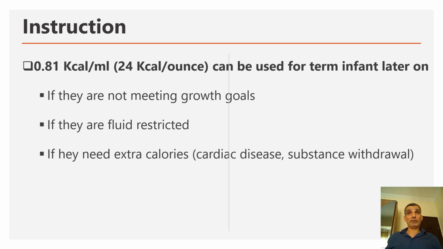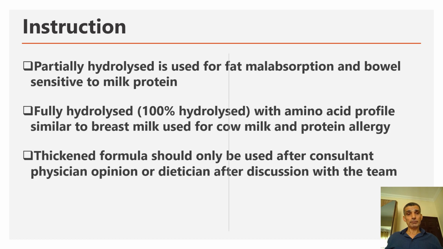Or for babies who have increased metabolic demand, like in cardiac disease, or a baby who is withdrawing from a substance that the mom was taking, whether it's a legal or illegal drug. The partially hydrolyzed formula, the special formula, is used for malabsorption and bowel sensitivity to the protein of milk. For fully hydrolyzed, it's elemental, it's amino acid, it has no protein, and is used also for cow milk protein allergy. Thickened formula,